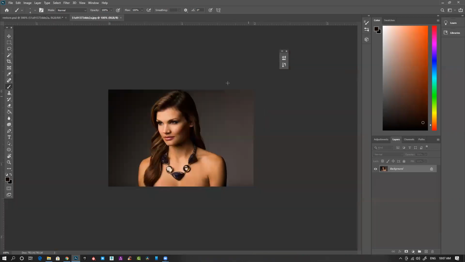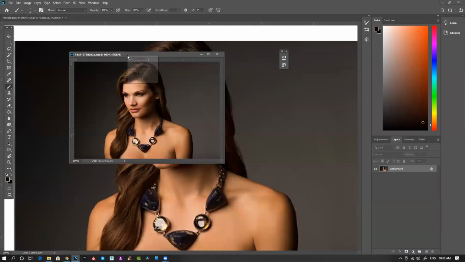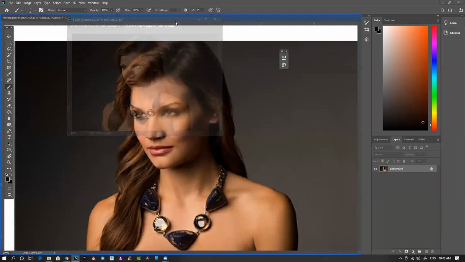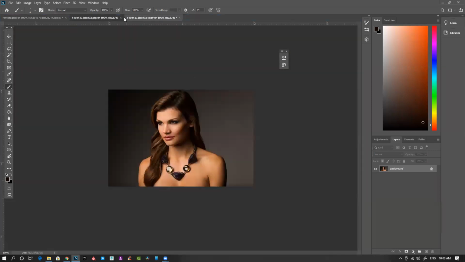Let's see. Double click, open it. Duplicate, right click. So now you can see I have two sets of images. Both are normal background locked images. If I right click on this, there's an option called convert to smart object.